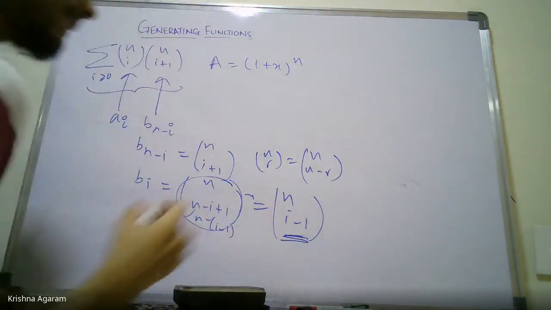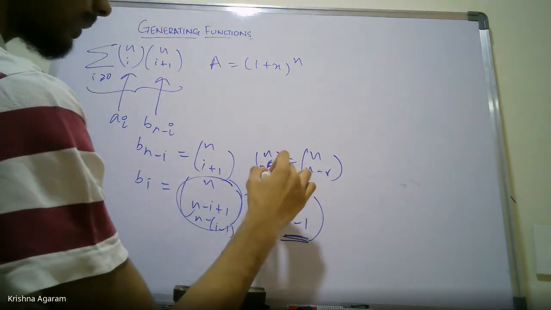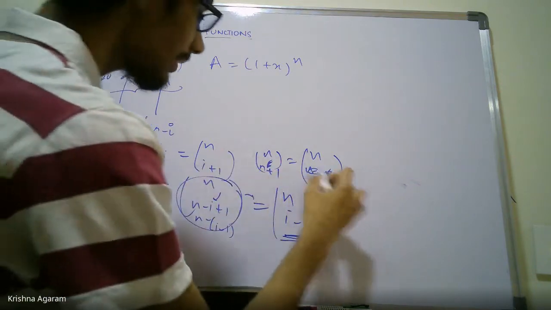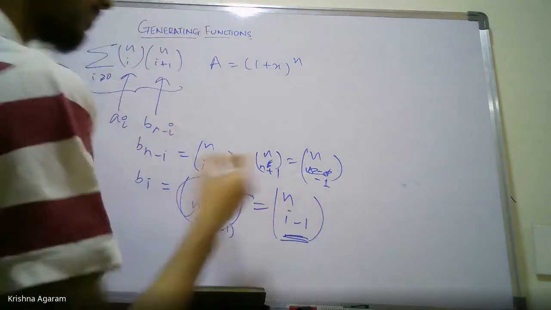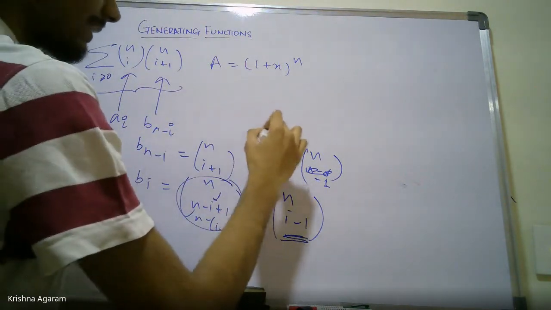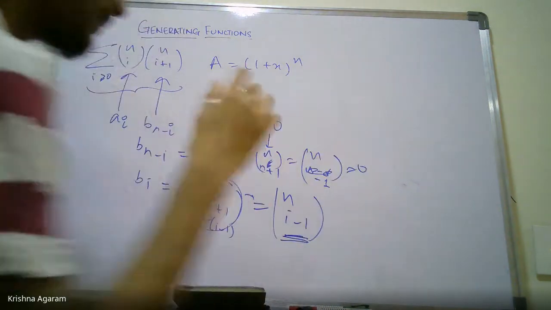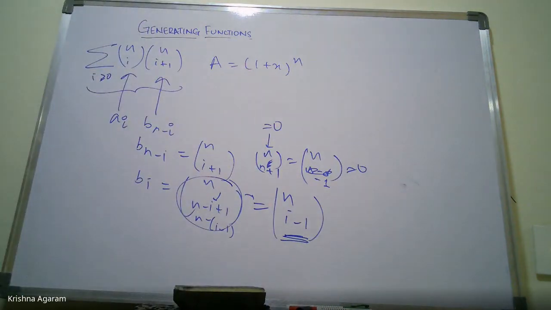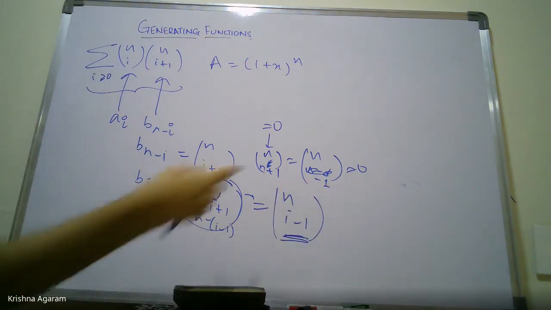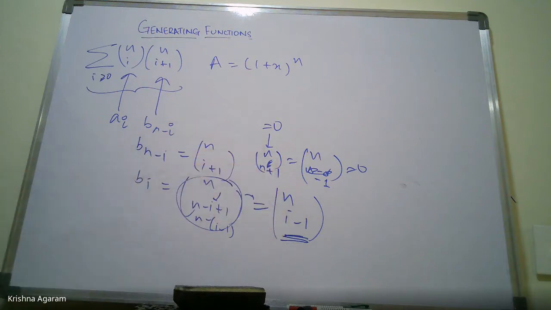Now the thing is, let's say you have r equals n plus 1, which is what happens if i is 0 here. And if you use that, you get n choose n plus 1 is n choose minus 1. I mean, this is kind of obvious that it has to be 0, like we already discussed. So this is 0. That's why for all other integers, like negative integers, you take that as 0. So this is not a problem at all that it came to be 0. It's just n choose n plus 1 written another way as n choose minus 1. Okay.